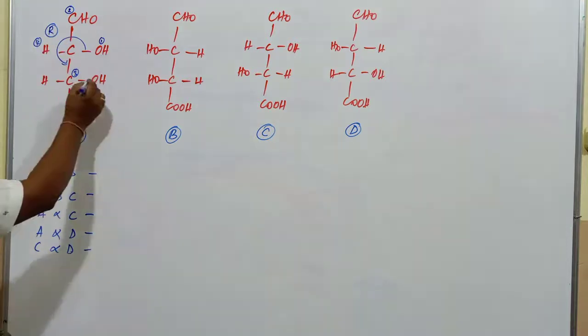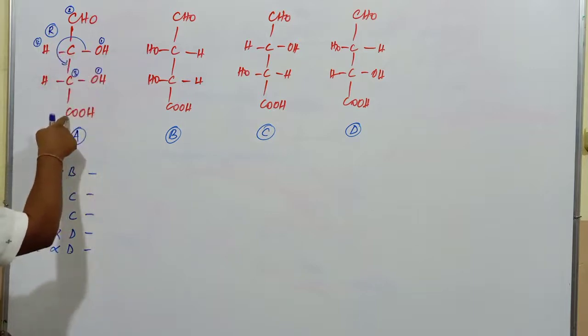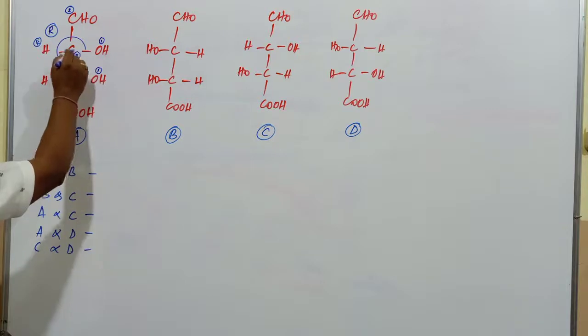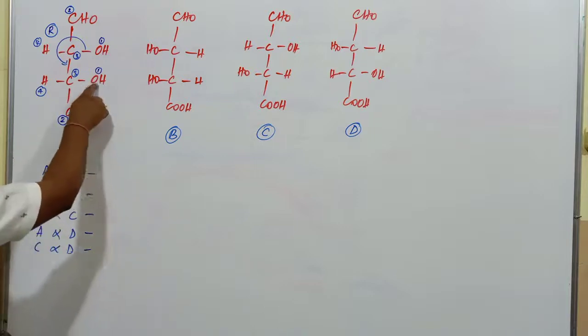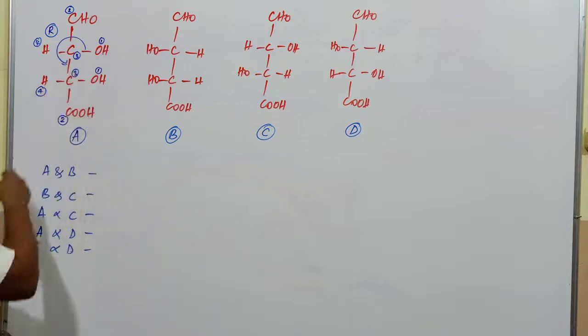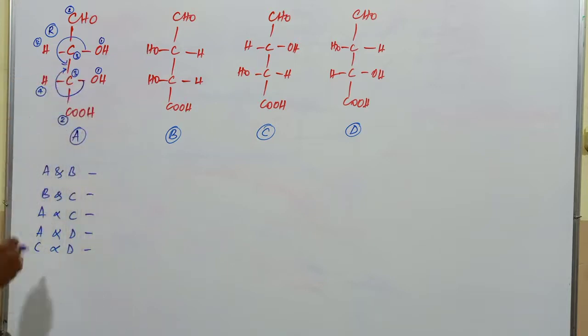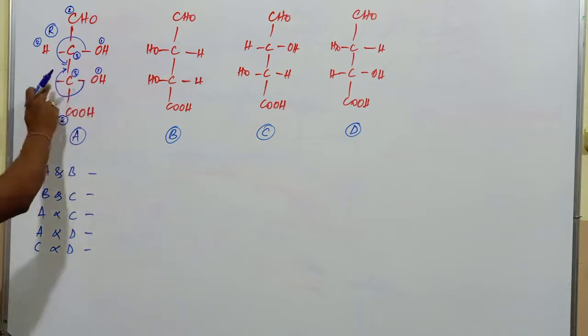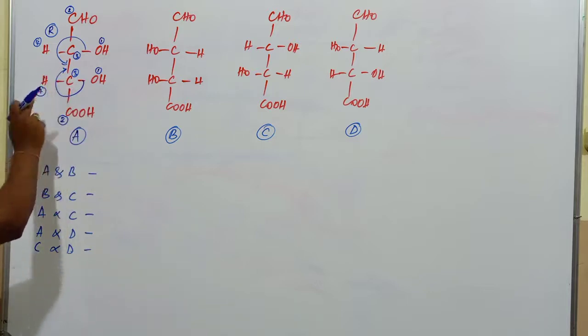Similarly, here this particular oxygen atom is having number 1. Carbon is connected to oxygen, and here carbon is connected to a double bonded oxygen atom. So this is second priority. Here this is third priority. This is going to be fourth priority. There will be no confusion. Concentrate carefully. So here this is first one, second one, third one. Here it is going to be moving in the clockwise direction, and clockwise means R. But here also, the lowest priority group is present in horizontal position. It is going to be referred to as S.